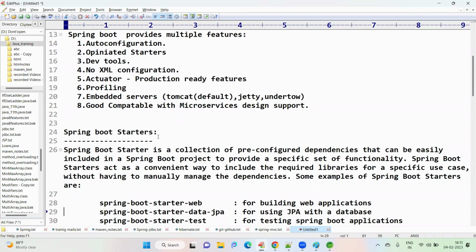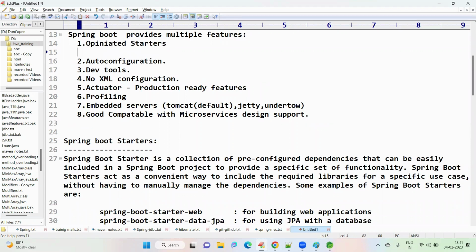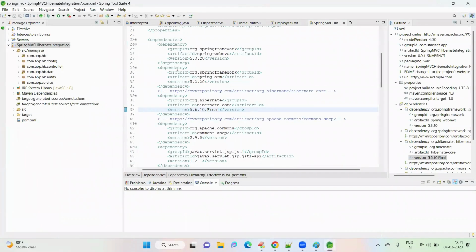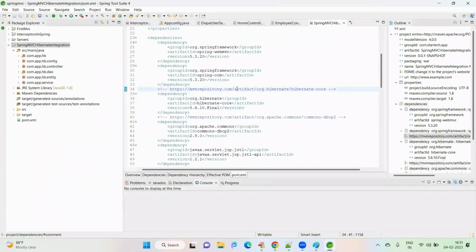Okay, in that, the first feature of Spring Boot is auto configuration. Starters. What are starters? Spring Boot starters. So how are we adding the dependencies in the POM XML file? In the same way, instead of the direct dependencies,